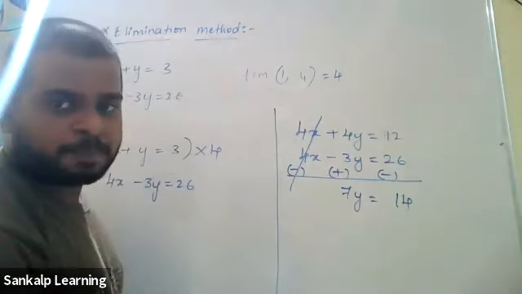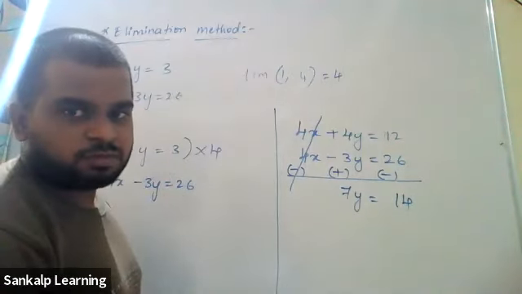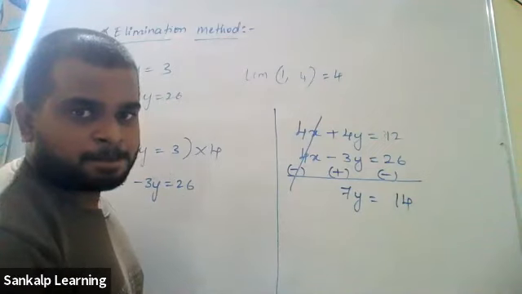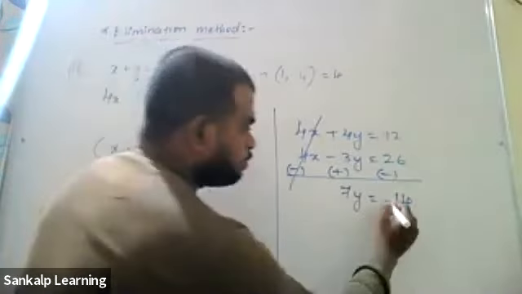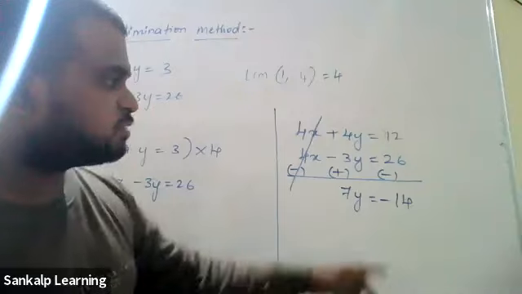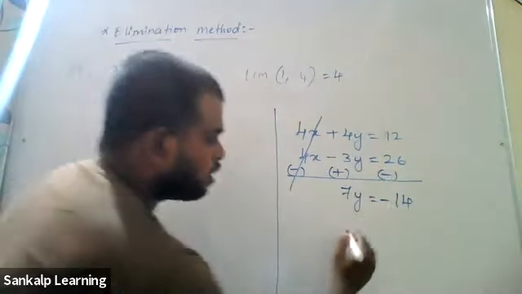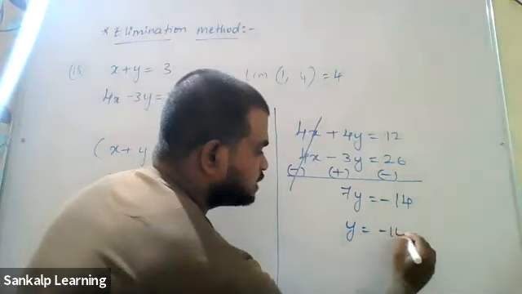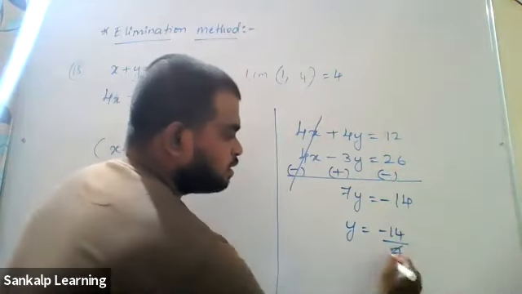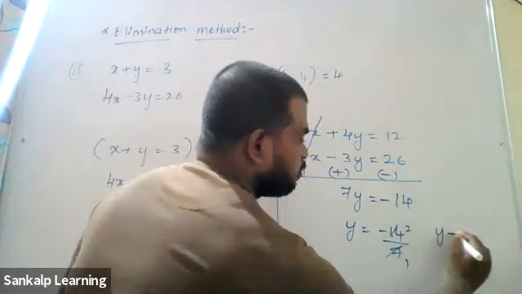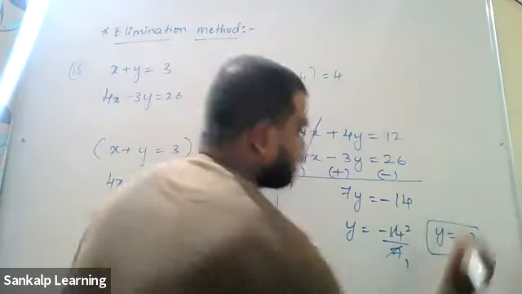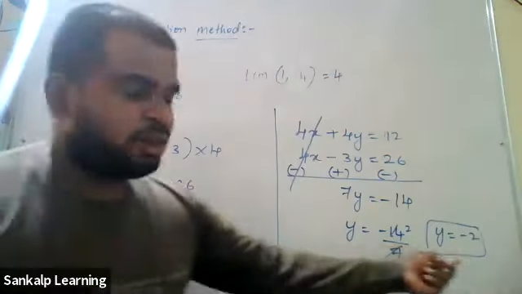Is it correct? Or should I do some changes over there? Minus 12. You have to bring down. Minus 14. Why is it minus 14? Bigger number sign. 26 has got negative sign, so it is minus 14. Okay, therefore y is equal to minus 14 divided by 7. 7 ones are 7, 7 twos are 14, therefore y is negative 2. You got the value of y.